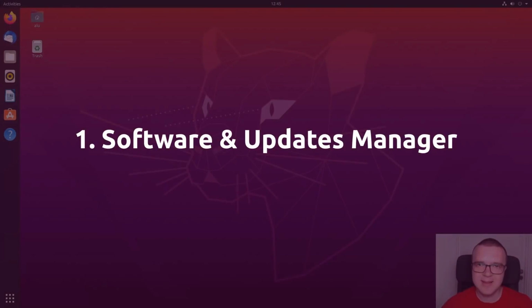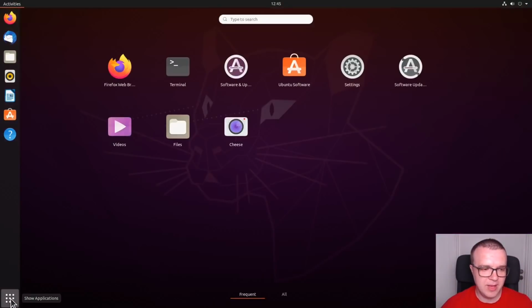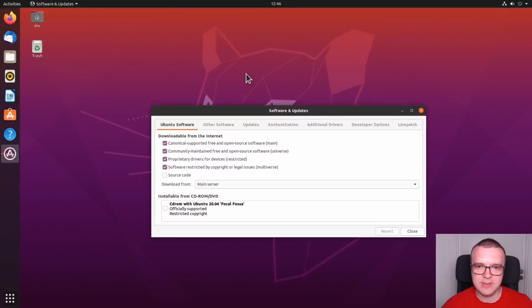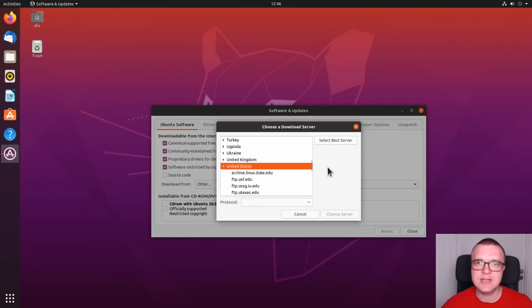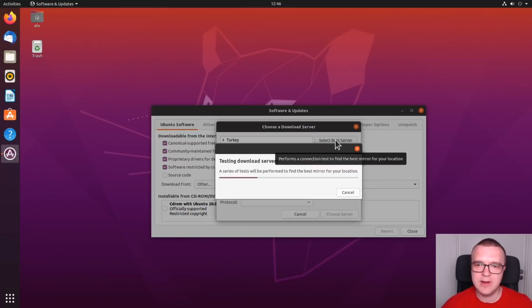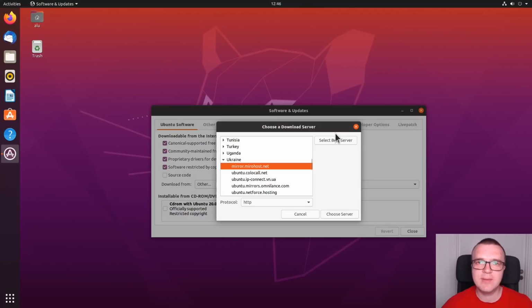And the first thing I recommend to do after installing Ubuntu 20.04 is to configure Software and Updates Manager. For that, you go to the menu, open Software and Updates, and in this application you go to Download From, and here you choose Other. Then you just need to click Select Best Server, and Ubuntu will analyze all available servers in your location and pick the one which is the fastest. You click Choose Server,